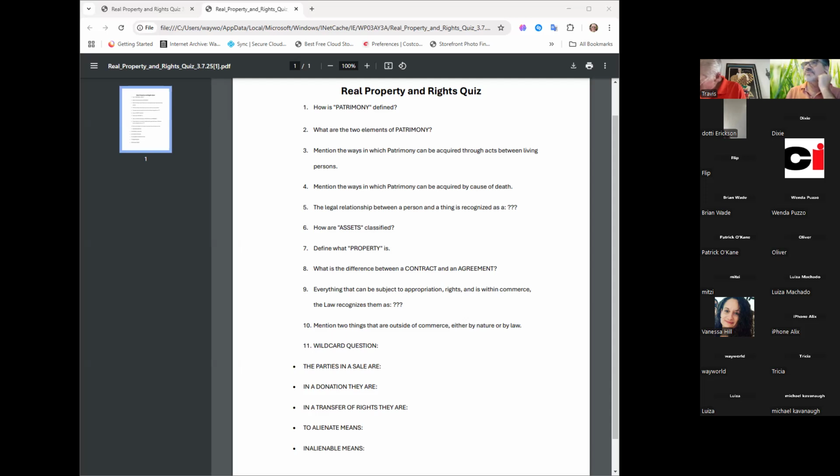But remember, an agreement can be legal too. You have obligations also when you make an agreement. We can make an agreement with words.